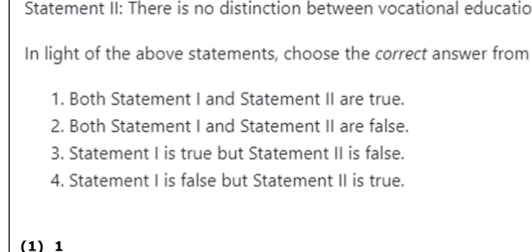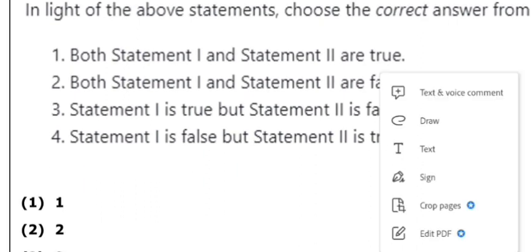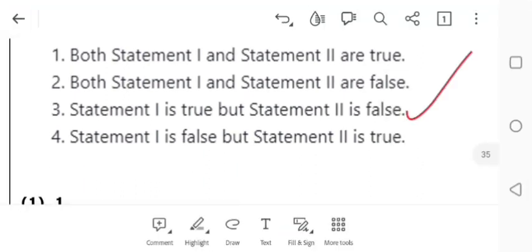Question 42, the correct option will be number C. Our statement 1 is true, but statement 2 is false. 43